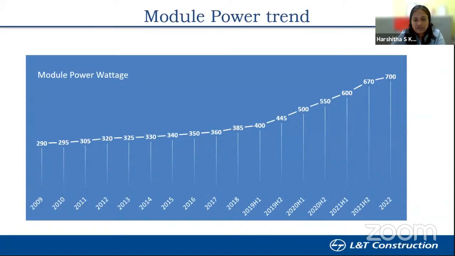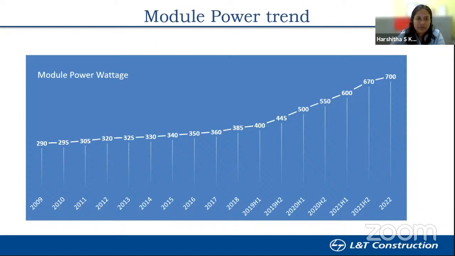From 2019, every half year, around 45 to 50 watt peak has increased in the module wattage, and we have jumped from 400 watt peak in 2019 to almost 700 watt peak now, expected in 2022, with a lot of module manufacturers launching 700 watt peak as